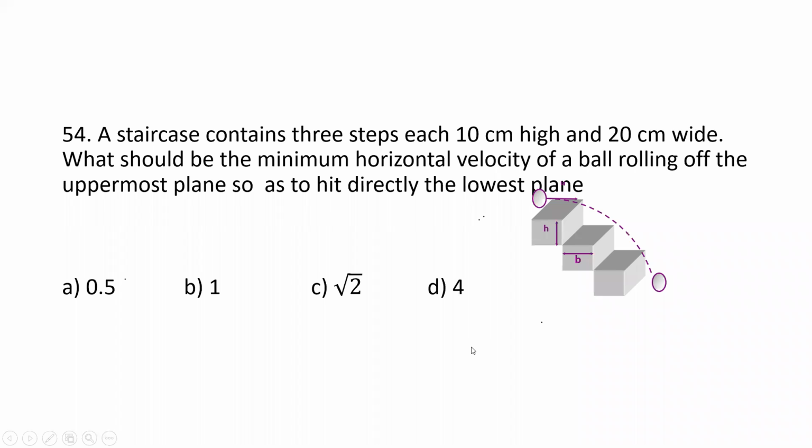Next, a staircase contains 3 steps, each 10 centimeter high and 20 centimeter wide. What should be the minimum horizontal velocity of a ball which is rolling off the uppermost plane so as to hit directly the lower plane? Okay, so see here,